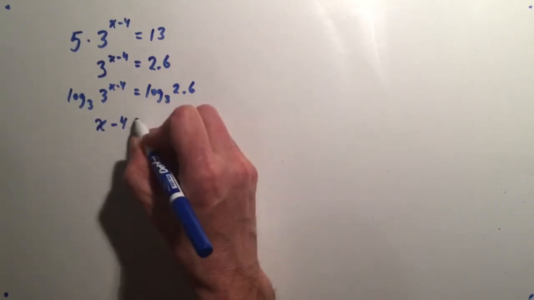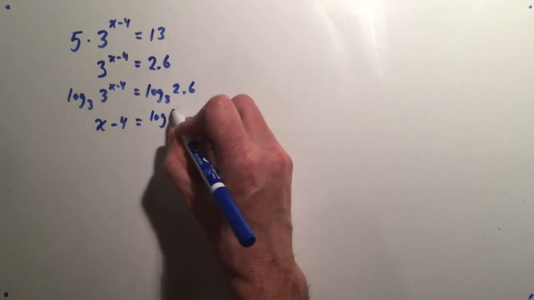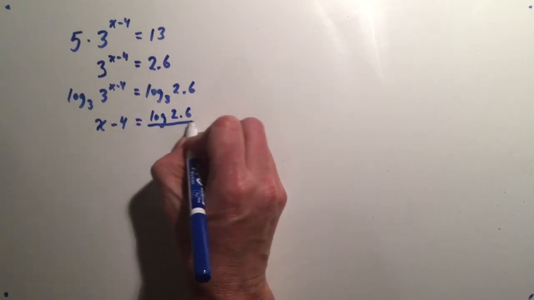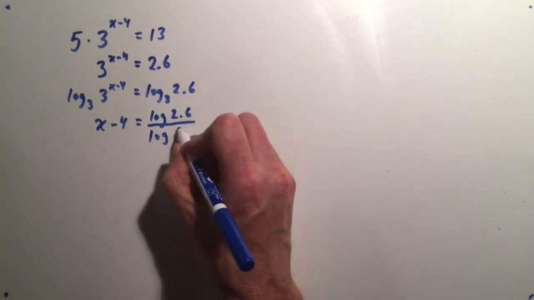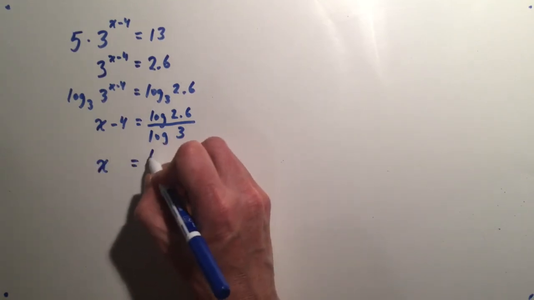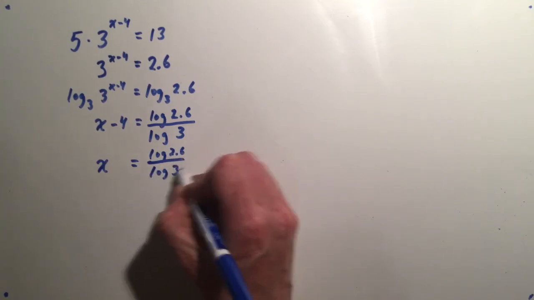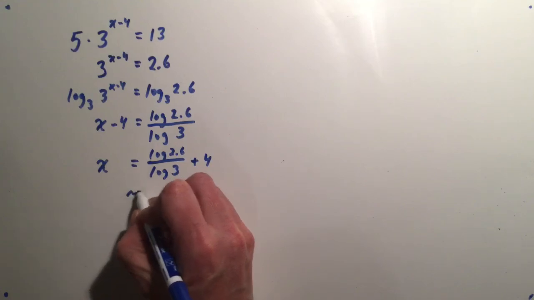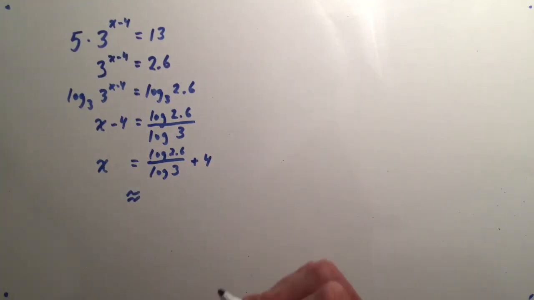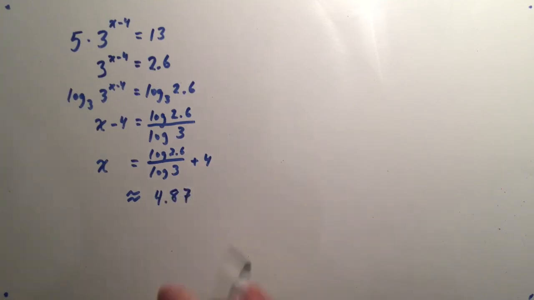So now my equation is suddenly linear. And this I can use my change of base formula and write as log of 2.6, which I can find on my calculator, over log of 3, which I can also find on my calculator. Then I add 4 to both sides. I get log of 2.6 over log of 3 plus 4. And this is called calculator ready form. So I just plug it into my calculator now, and it's going to tell me just about 4.87. And as with all equations, you can always put your solution back into the original equation to check